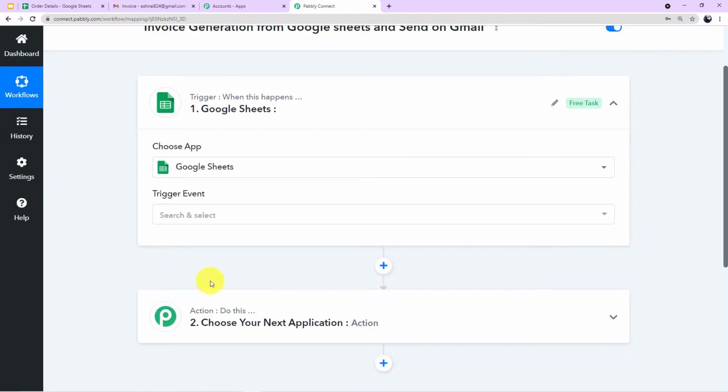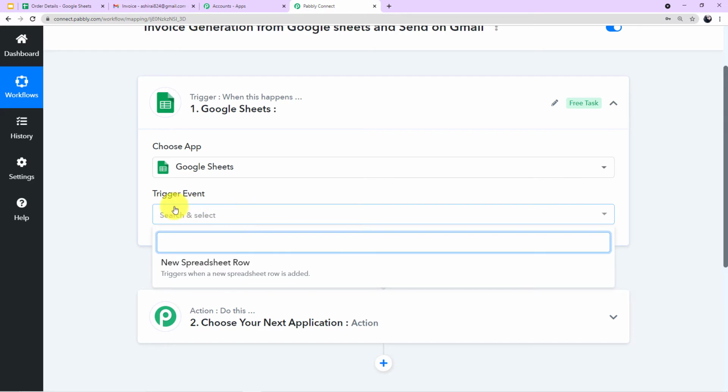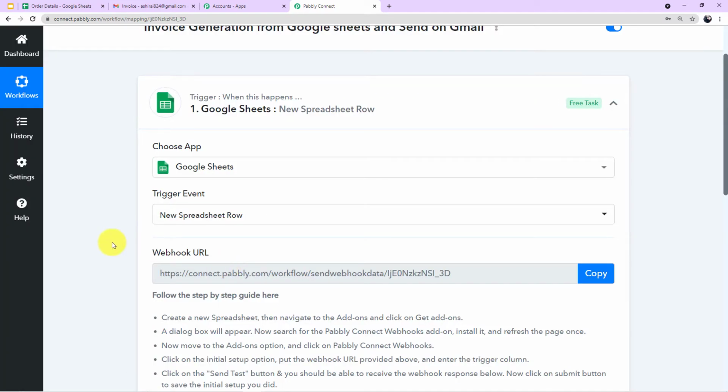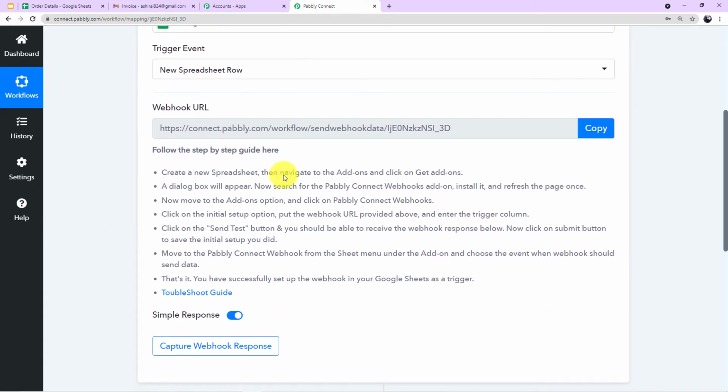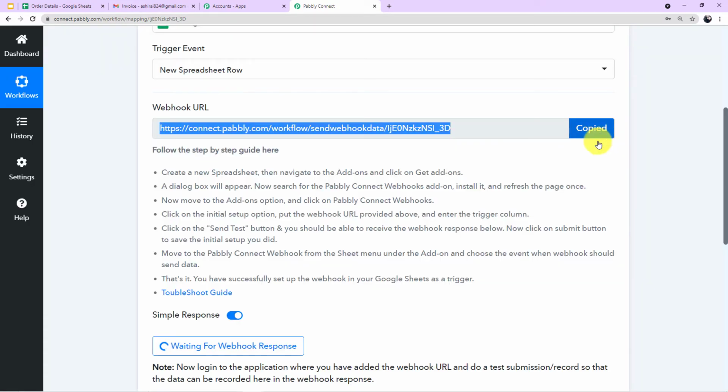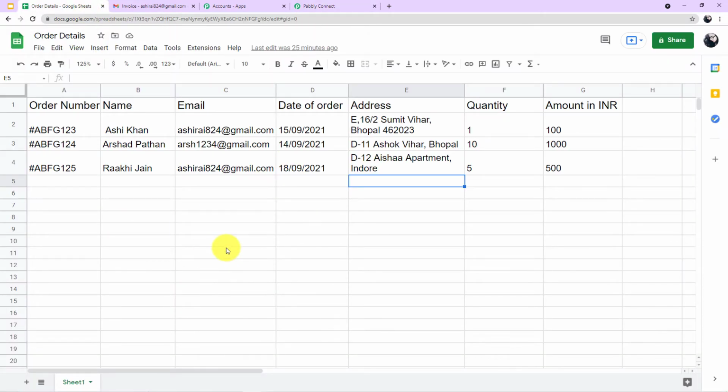Then it will ask for the trigger event. So from this field, select this new spreadsheet row, and it will generate this URL. So this is called a webhook URL. So by using this, we are going to connect our Google Sheet. So you just have to copy this URL from here like this, and then you have to go to your Google Sheet. So this is the sheet I have, and from here you have to click on this extensions and go to